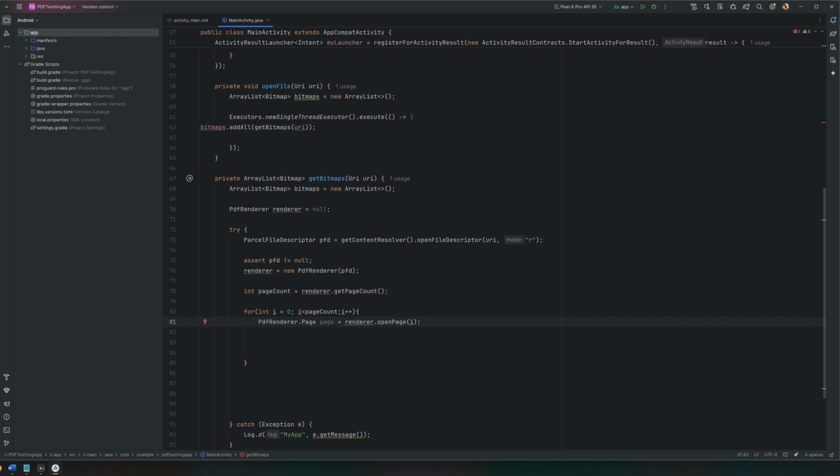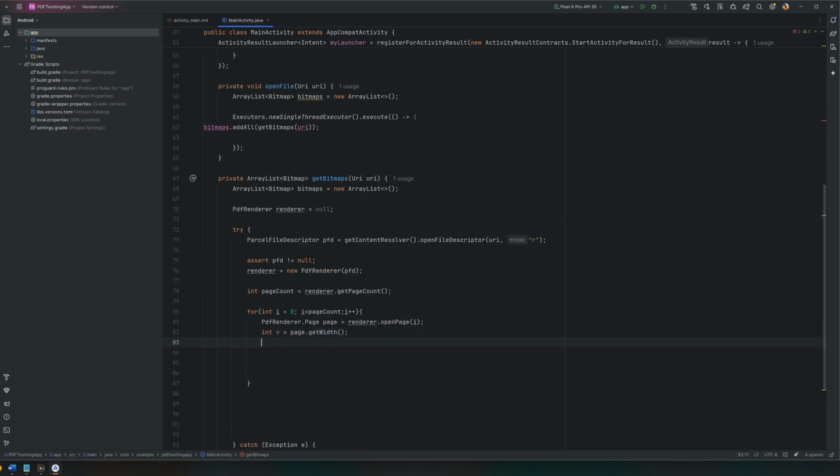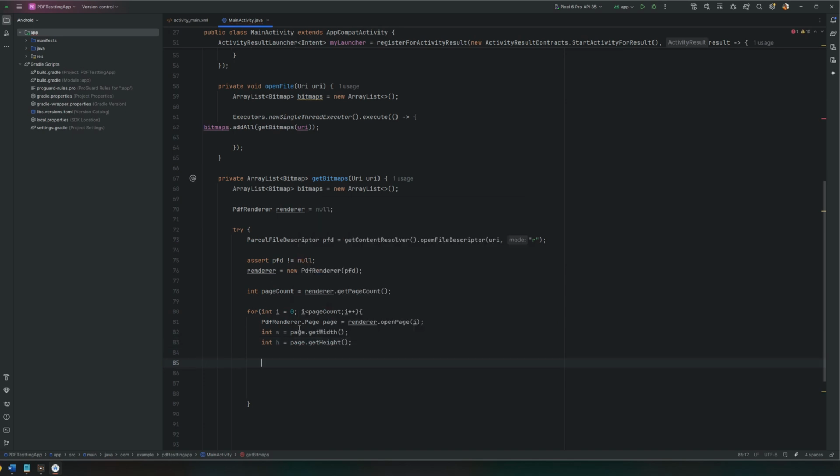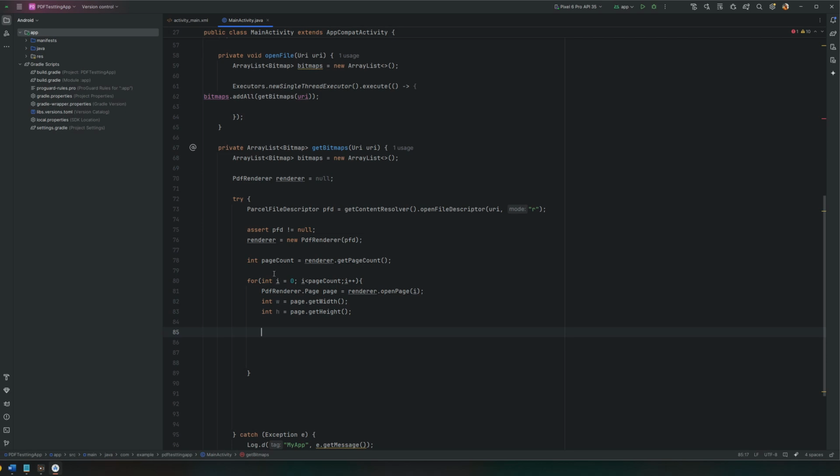Now we can get the page size. I create another 2 integer variables. I'm calling it w for the width. It's going to be page.getWidth, and another one, h for the height, and it's going to be page.getHeight, like this. Here we get the page and we get the size of the page, and now we have to create a